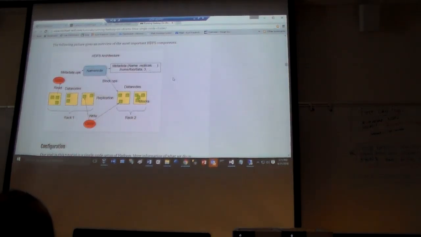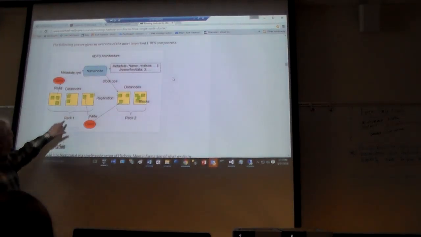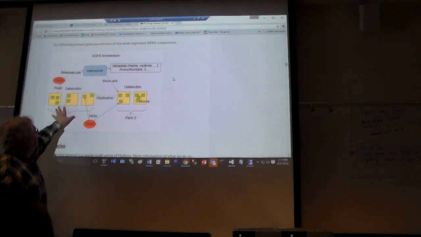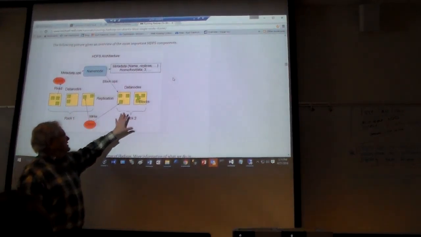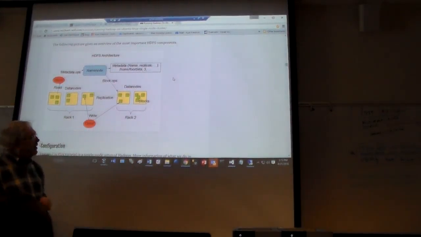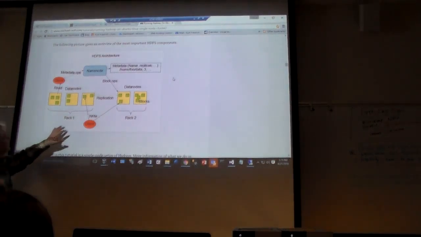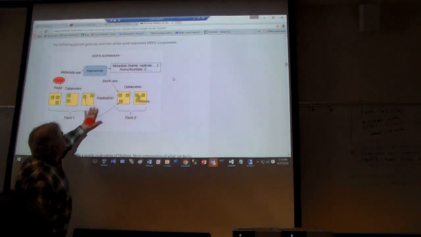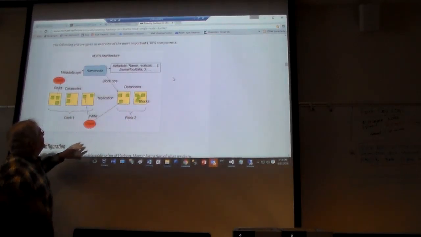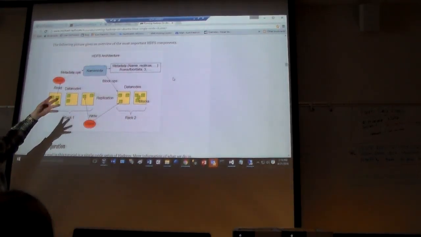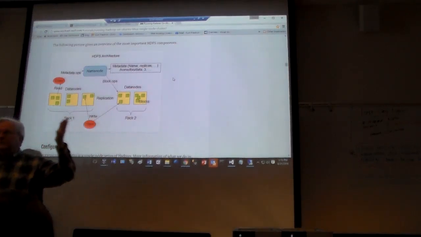This is a nice diagram of the HD file system. And again, they're sort of showing how you might have some data on some machines in one rack and some in another rack so that you have power and isolation between them. And then in addition to the data nodes, which actually hold the data, there's what I would call the directory, which is if you ask,